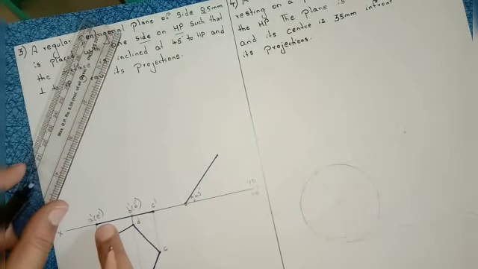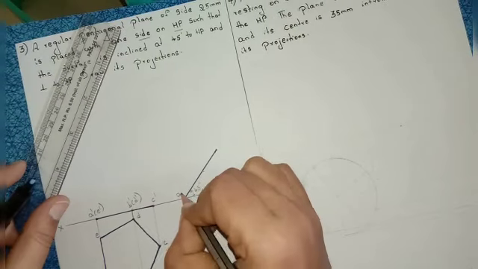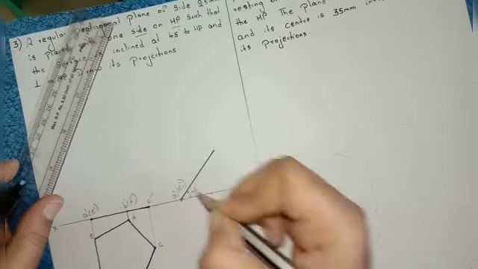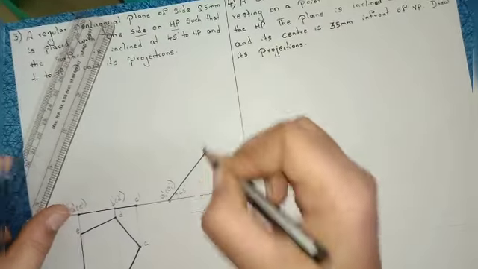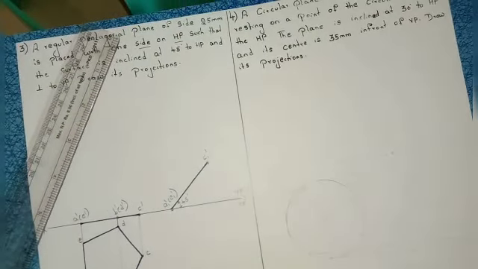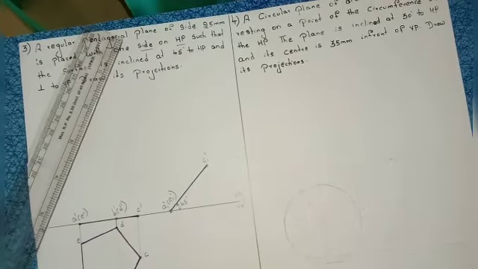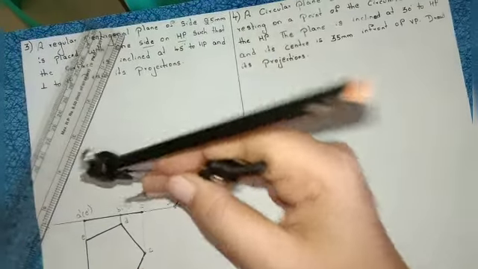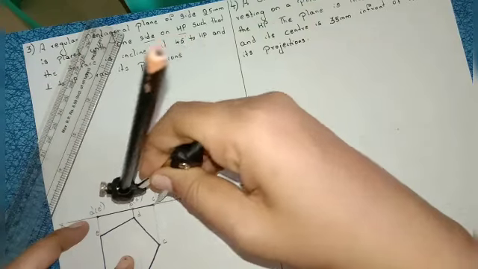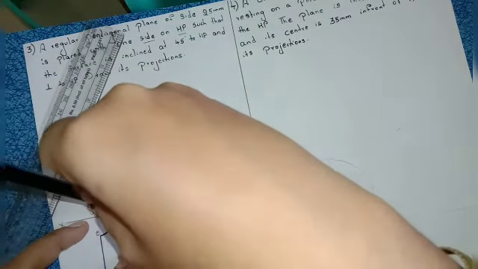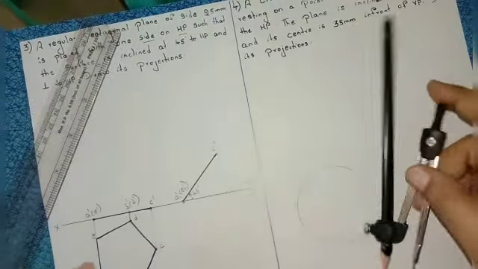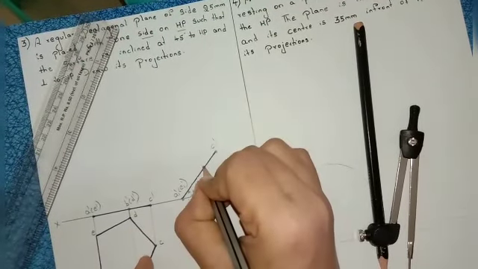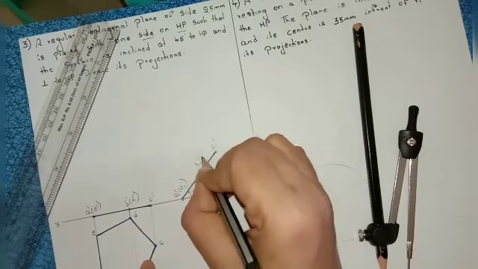Starting point is A dash of E dash, so I am writing here A1 dash of E1 dash. Last point is C dash, I am writing here C1 dash. Then next, from C to B I have to mark this distance. I can take from A or from C, so I am taking the C to B distance and marking the point. I am naming that point B1 dash of D1 dash.